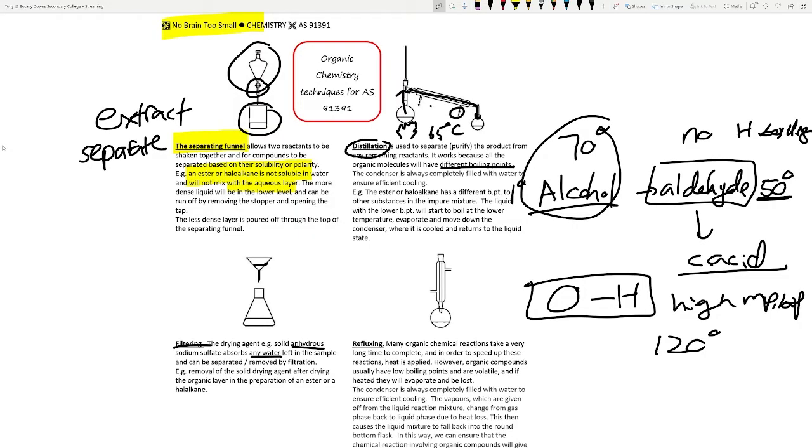So this condenser is going to make sure you have a constant flow of cool water surrounding the aldehyde, cooling it down, bringing the temperature down, and then it's going to drop out as a liquid on the other side. Okay, and this works with anything really. If you've got an impure mixture of 4 or 5 different substances in there, but you know what they are, you can just change the temperature of how much you're heating,